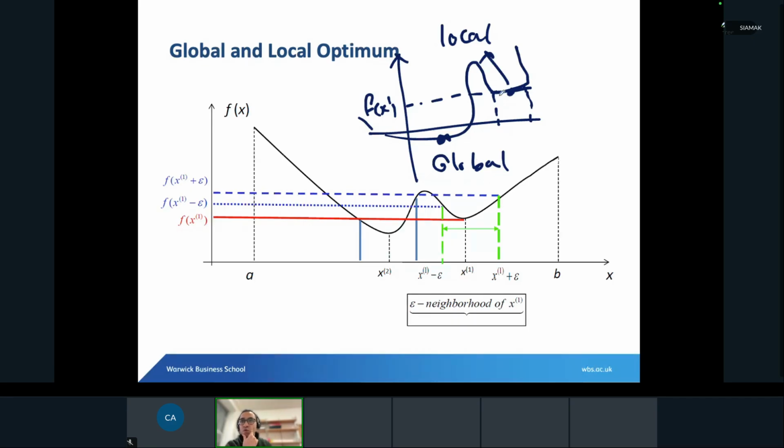Infinite, because all points on this line are local optimum, because you can define a neighborhood for each of these points that you will find on this line, in which the value function of those points is always less than or equal to the values of the neighborhood points that you have. Okay,